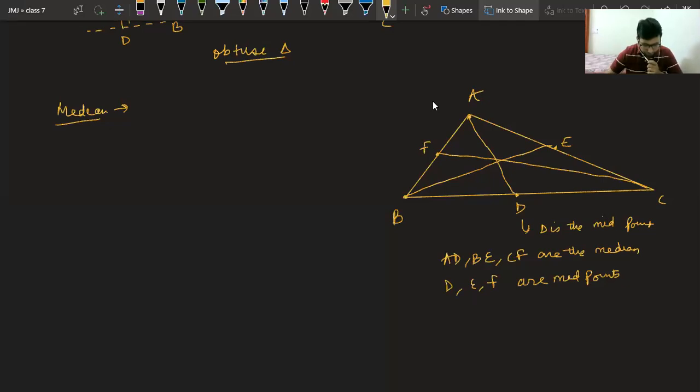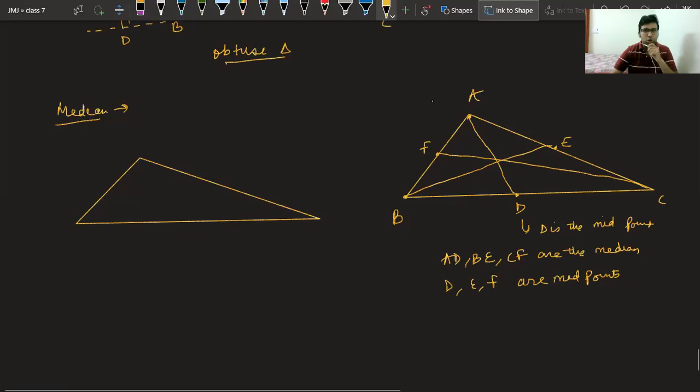Very good, Ashmit. Sir, median means that it divides the triangle into two equal parts. Right now, you don't go into that. You just concentrate till this point, okay? Sir, I can't understand median. Sarvagya, it is very simple. Let me show you again. There is a triangle like this. Sarvagya, try to understand. I told you to read from the book also. Suppose you have a triangle ABC. Sarvagya, see. This is a vertex. If I join the vertex to the midpoint of the opposite side, suppose D is the midpoint of BC. Sarvagya, try to understand.